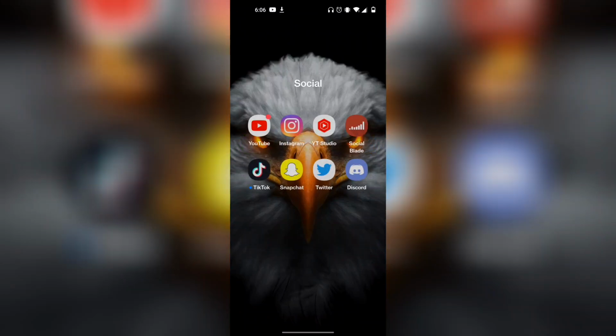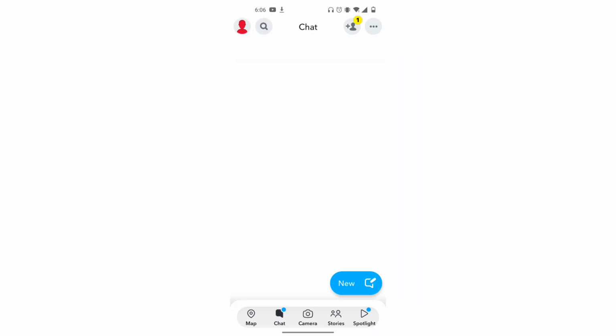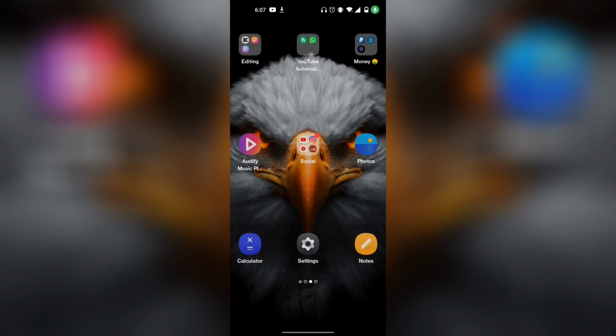If you have a problem logging into your Snapchat and it keeps saying "check your connection and try again" on your account, then here's how you can fix that. First, the reason why is because you have a poor Wi-Fi connection, so I would recommend you moving over closer